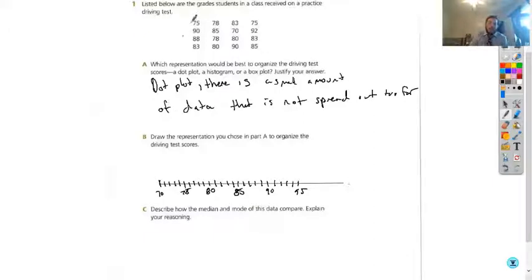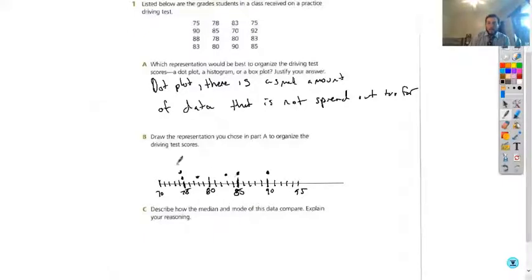All right, so now we're just going to put the dots onto the plot here. So the first one is at 75. We put a dot for our first data point there. Then 78. So if here's 75, then we have 76, 77, 78. Put a data point. 83. So if we're here at 80, I'm going to make these ones a little bit bigger. 81, 82, 83, 84, make 85 a little bit bigger. 90 a little bit bigger so they're easy to see. 83, put a data point. 75, another one. Then we have 90,